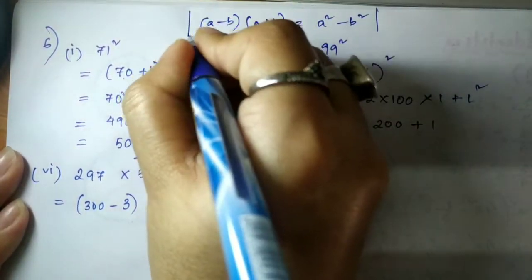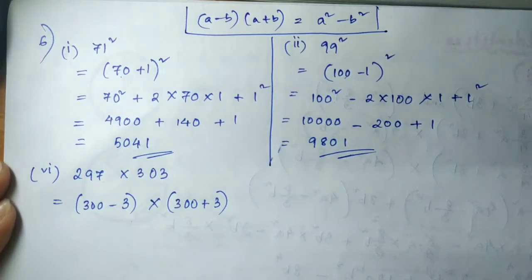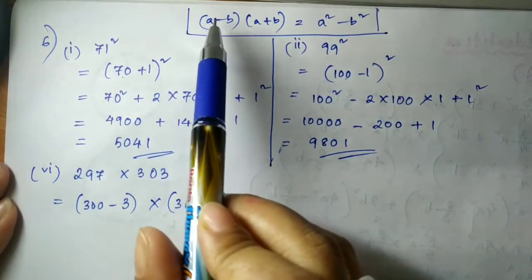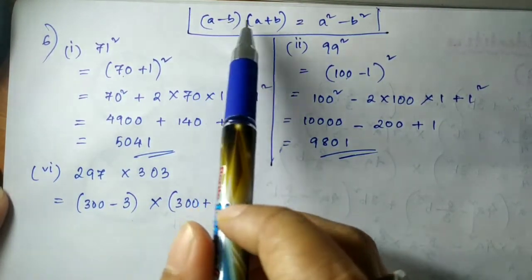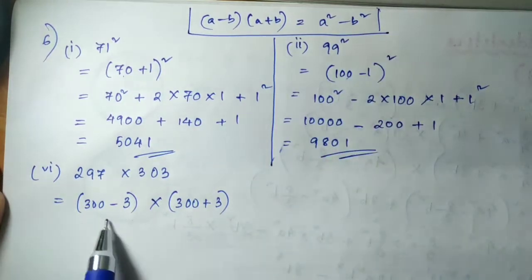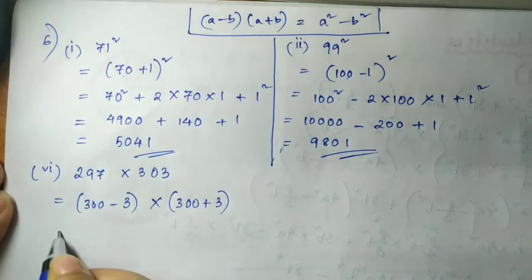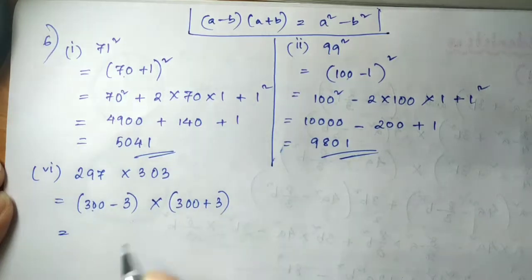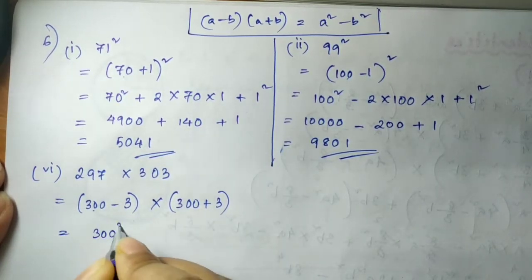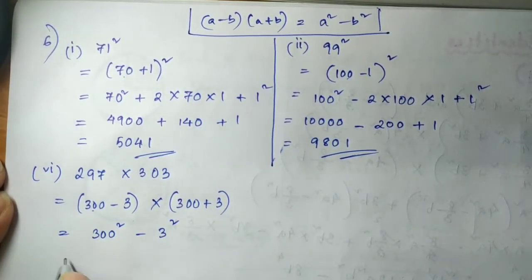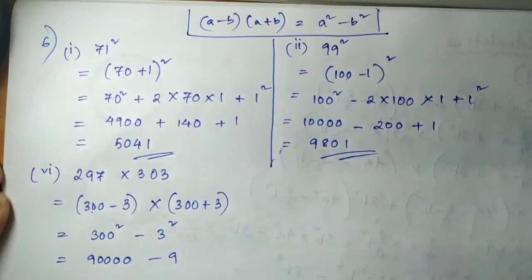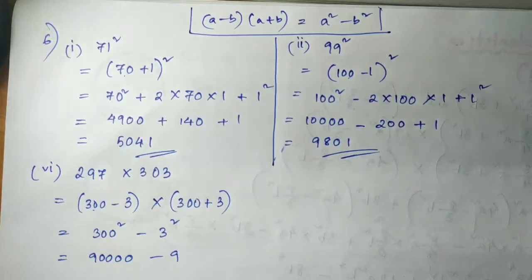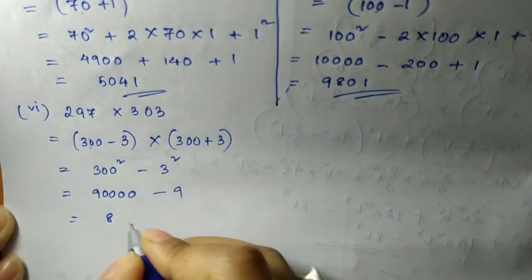If you have forgotten, you can go back to the page where you have written down the identity, or you can go back to the previous video. A minus b into a plus b is equal to a square minus b square. So this is my a, same, and this is my b. So a square minus b square. So 9 and 4 zeros minus 9. Okay, now just let's subtract it. So this will be equal to 8